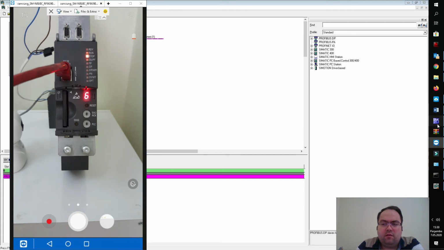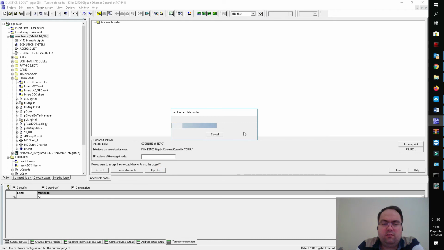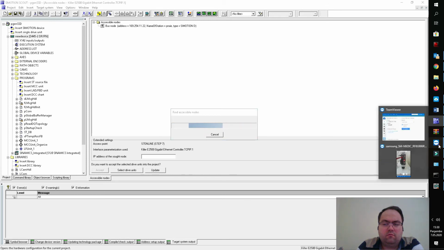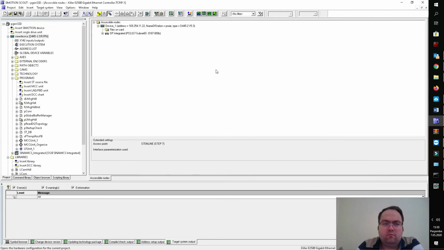Now I can go to my project and refresh the network for searching accessible nodes. And right now I see the subnet ID downloaded from my project.